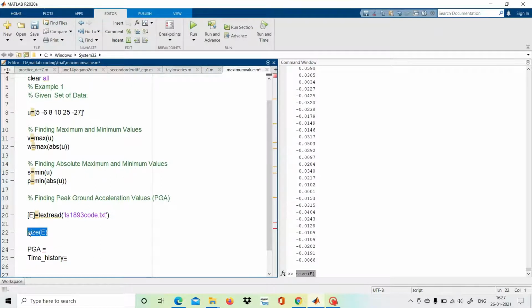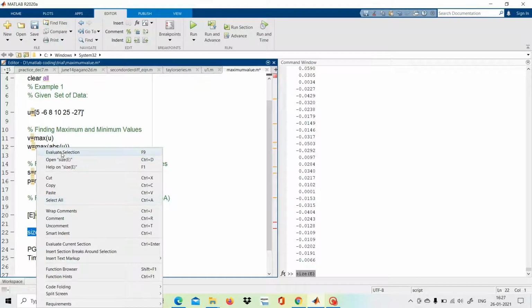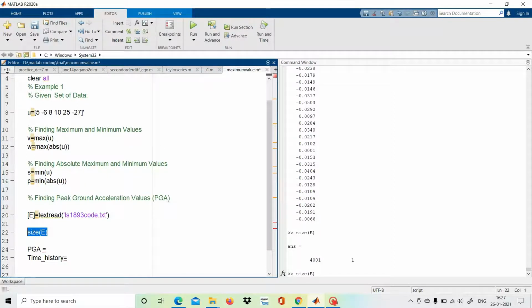It shows the size of E is 4001 by 1, which means 4001 rows and 1 column. So this many discrete points are there.